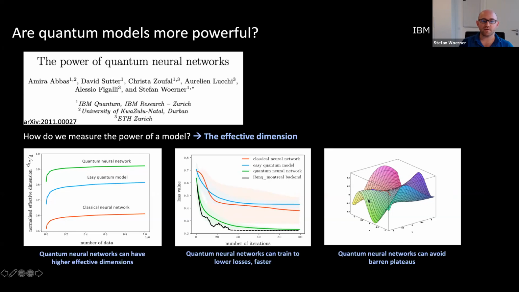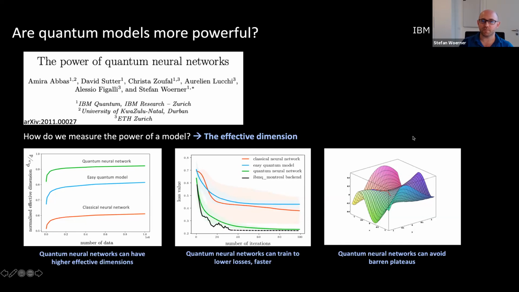Then there was one other insight that we found in this paper, which was that depending on the choice of your feature map, quantum neural networks can also avoid what are called barren plateaus. Barren plateaus is a name used particularly in quantum machine learning. Classically, it's the problem of diminishing gradients. And this can also happen for quantum neural networks. And here we could show that these quantum neural networks with good feature maps seem to be kind of